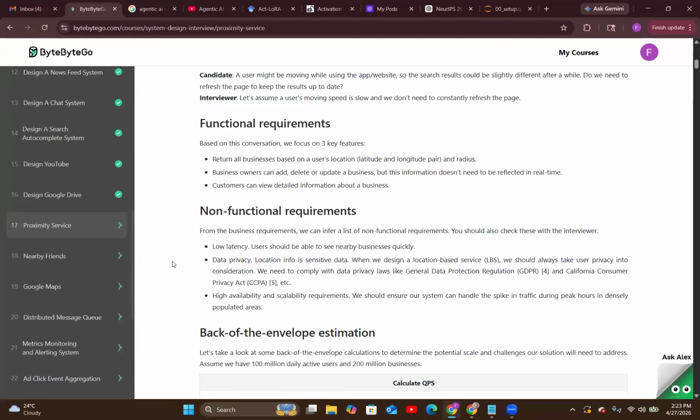So we want to return all of the businesses based on a user's location, and user location is based on the latitude and longitude pair and the radius. The next thing that we want is that business owners can add, delete, or update the business. And definitely this doesn't need to be reflected in real time, because if a new business is added on the service or Yelp app, then it doesn't need to be reflected immediately, because